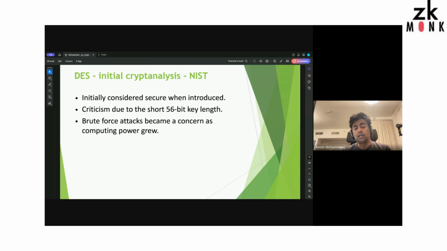Right. So I kind of mentioned this already. When it was introduced, it was probably secure, but 56 bits was pretty poor. You could even do brute force analysis, which is literally going through all the possible keys, and you could get the key out. It will be clear to you by the next slide. Can I have the next slide, please?